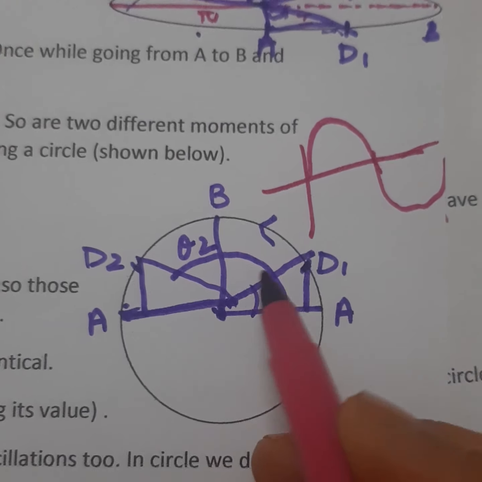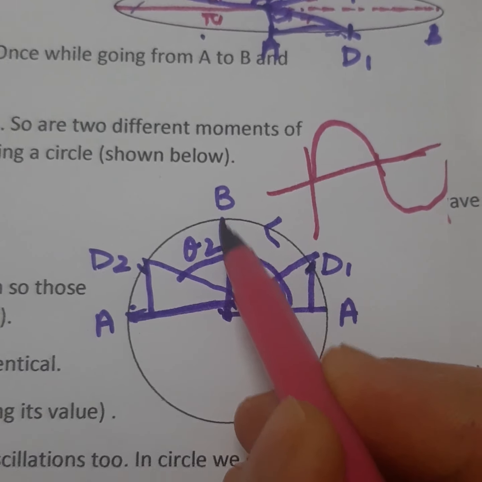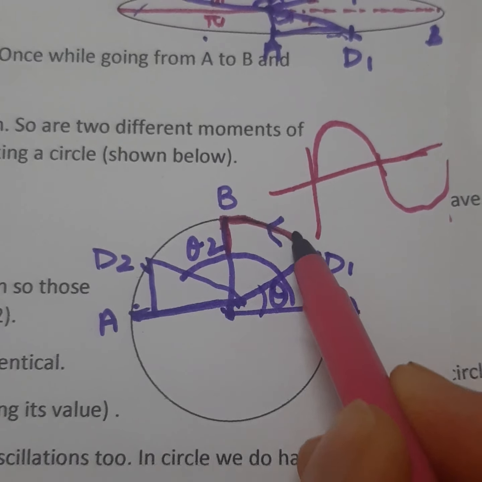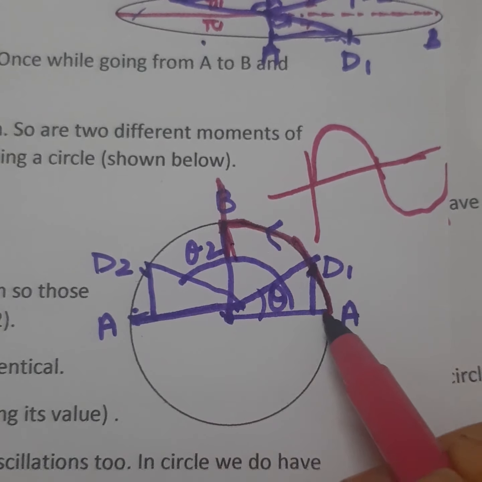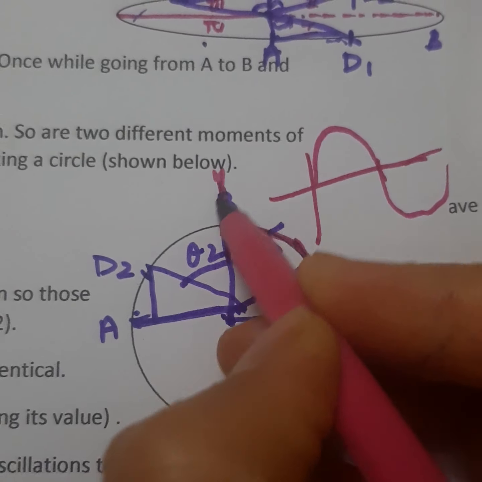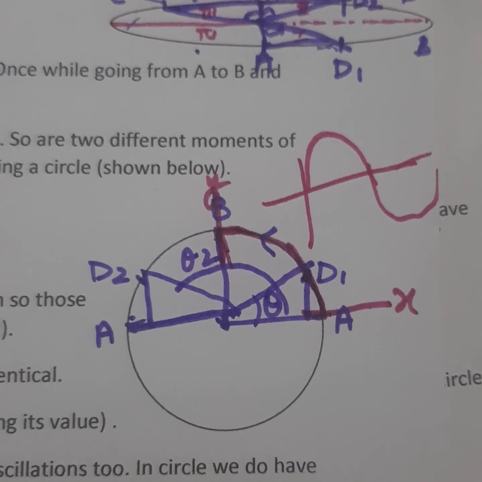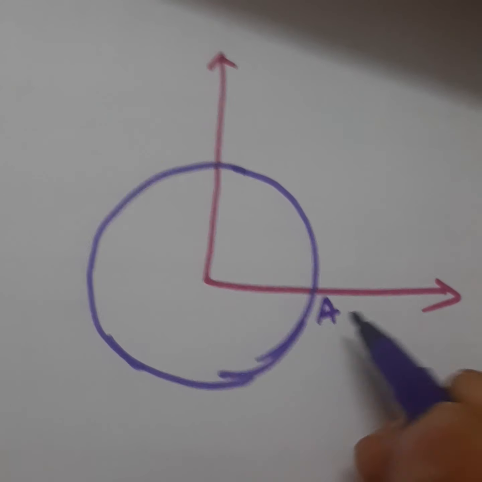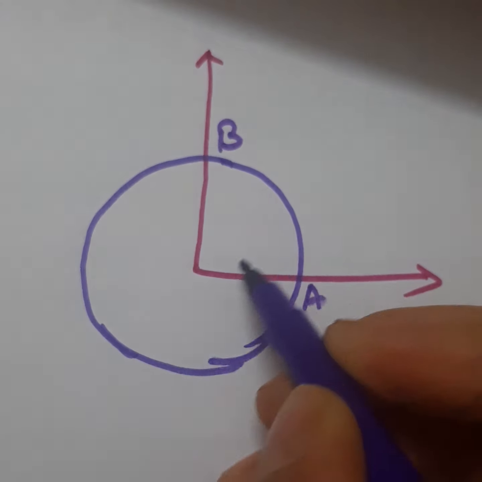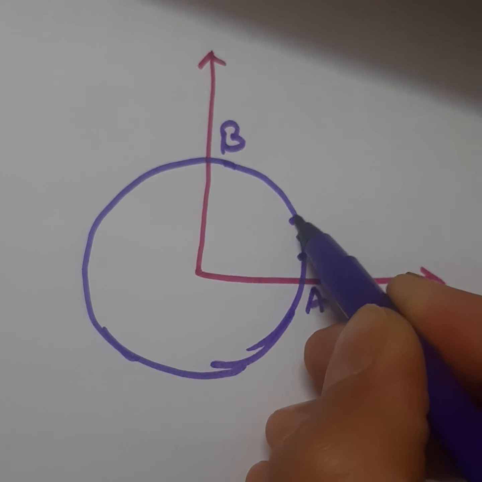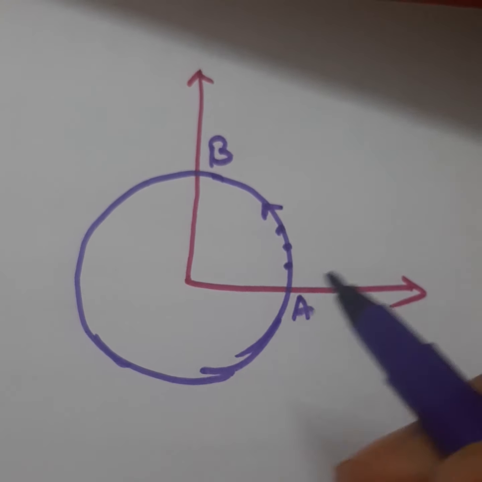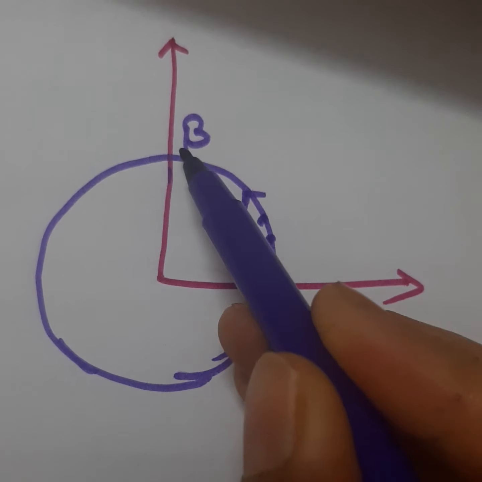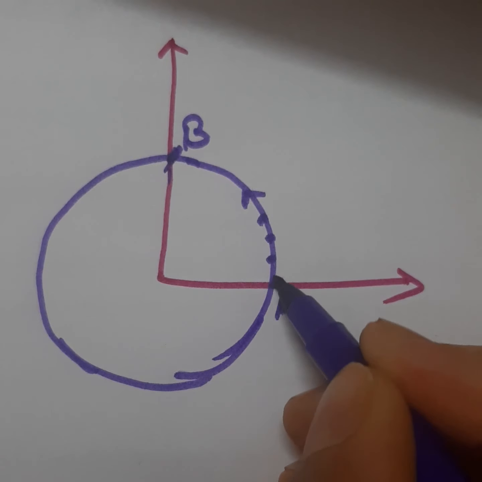Let's focus here. Let us see this. Look at this arc AB. Okay, and let's consider this as the x-axis and y-axis. It's going a bit messy here. Let's go to another page. Okay, so this is point A and this is point B. So particle is moving in this direction in this way. Don't focus here. Let's look at this portion only, AB.